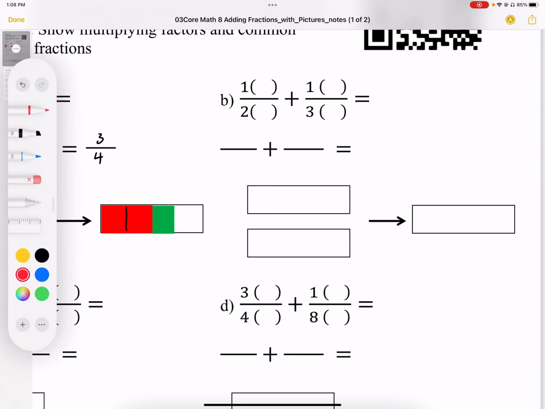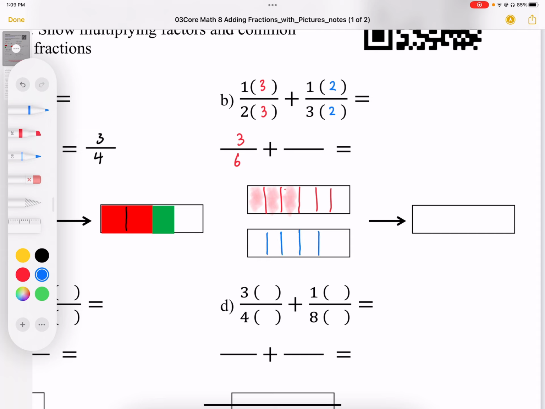So I need to make the 1/2 fraction. I'm going to times by 3, times by 3, and that's going to give me 3 1/6 pieces. So I'm going to draw the 1/6 pieces like that, and then I'm going to shade in 3 of those, 1, 2, 3, to represent the 3/6. For the 1/3 fraction, I'm going to times by 2, times by 2, and that's going to end up giving me